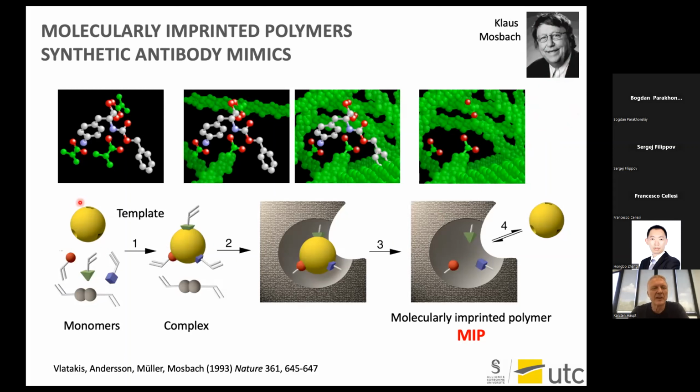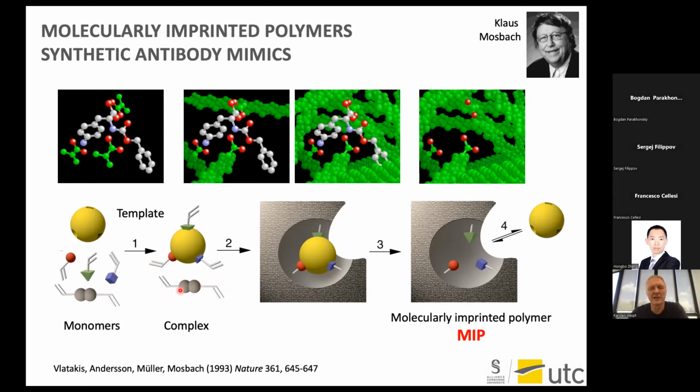So what do we do? We have this yellow ball here, which is our template. If we want to use the terms of the antibody world, this would be the antigen or a derivative thereof, which we will mix with monomers. And some of the monomers have chemical groups that allow them to interact with the template. And then we also have monomers that are bivalent that can be used as crosslinkers. So there will be a complex formation through weak bonds, hydrogen bonds, ionic bonds, sometimes also coordination bonds and others,